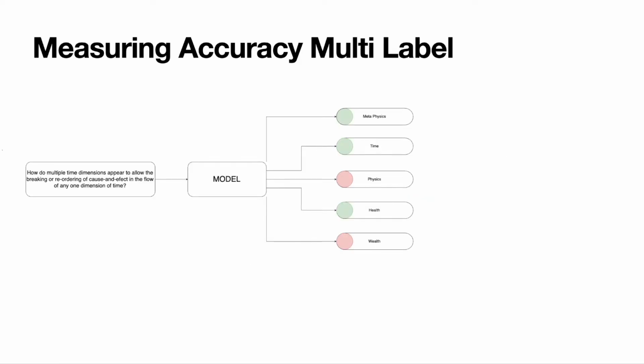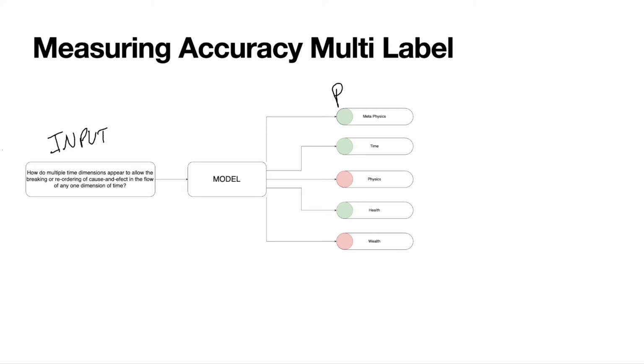Let's look at an example. So here we have the input, which is just a string. This is from Stack Overflow. Somebody asked a question: how do multiple time dimensions appear to allow the breaking or reordering of cause and effect in the flow of any one dimension of time? I have no idea what the answer to this question is, but I just got it from Stack Overflow, so let's go with it. We give this to our model, and our model actually predicts